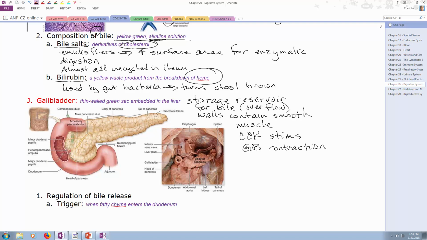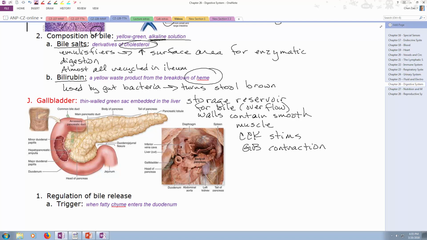Now, if you have a cholecystectomy, a removal of the gallbladder, that means you can no longer give a bolus of bile to a high-fat meal. You guys follow that? That's one reason why you can remove it. And where would you cut? If you were to cut the gallbladder out, where do you cut in the biliary tree? What is it that you're supposed to properly tie off and then cut in order to remove it? The cystic duct. Because if you cut the common hepatic duct or the common bile duct, you're in big trouble,